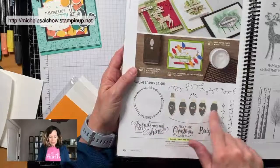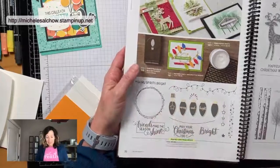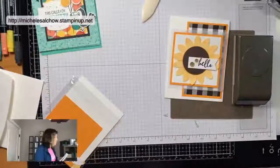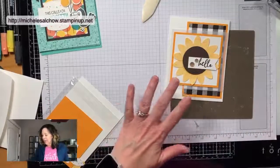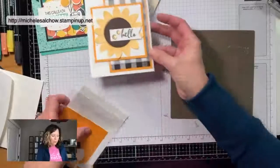And then there's some stamps for your bulbs. A really fun stamp set. So I don't know if that is on sale or not. I will check on all of that when I get photos posted. But how fun is this? So what we do,